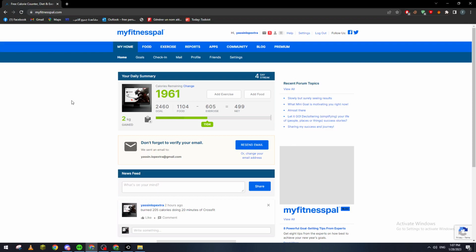In today's tutorial, I will show you how you can actually save a meal inside of your MyFitnessPal application. So guys, if you are using mobile phones, you can go to the App Store if you're on iPhone and download this application, or else you can just go to Android Google Play and install it. If you are using PCs just like I am, you can go to any kind of browser like Google Chrome, Opera, Firefox, Mozilla, Internet Explorer, and so on, and open the URL section and write